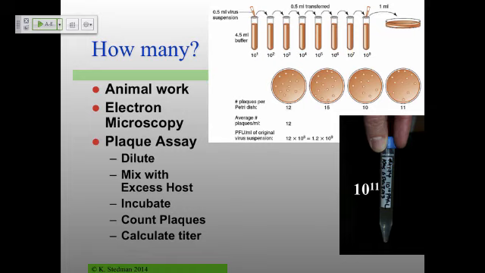You're looking for multiple rounds of infection in one particular place, which you can then back calculate, because you've done this 10 to the 8th dilution. You've got an average of 12 spots on your plates. 12 times 10 to the 8th is 1.2 times 10 to the 9 in terms of what you started with way back there in your virus suspension.